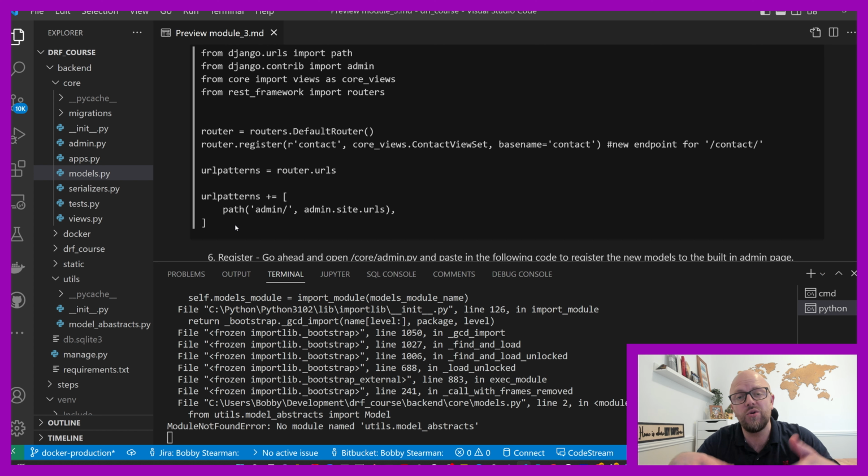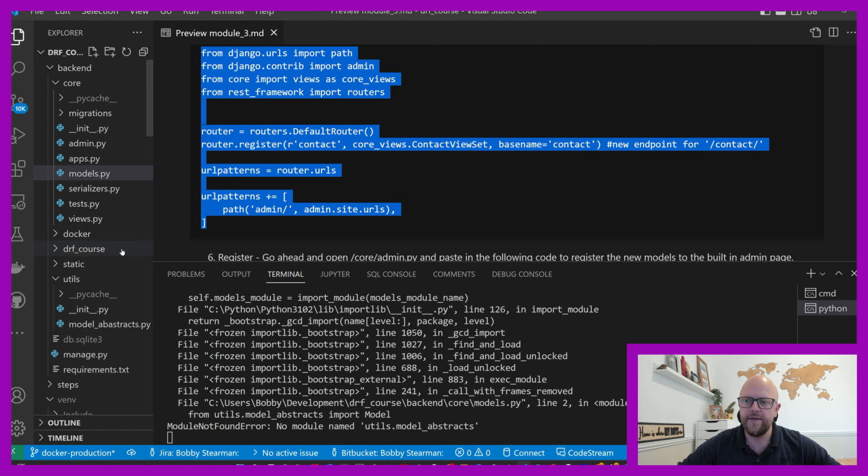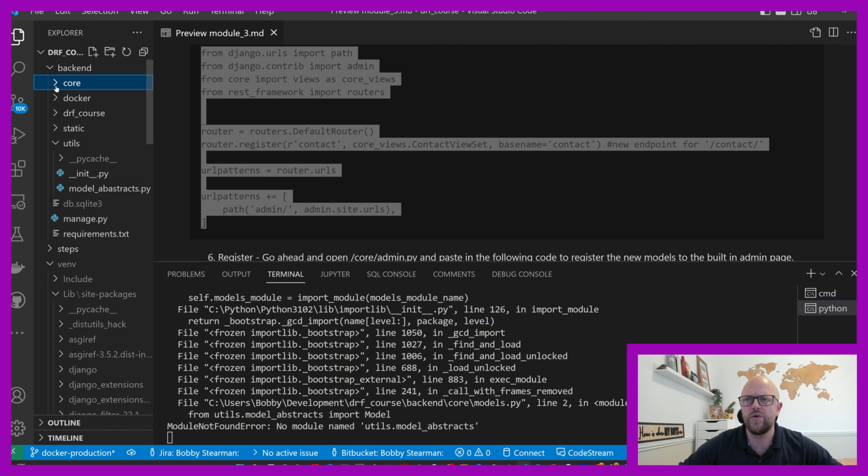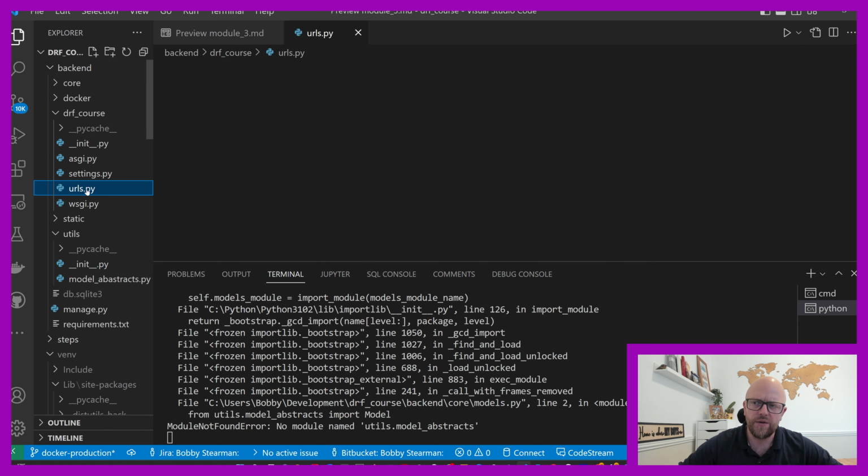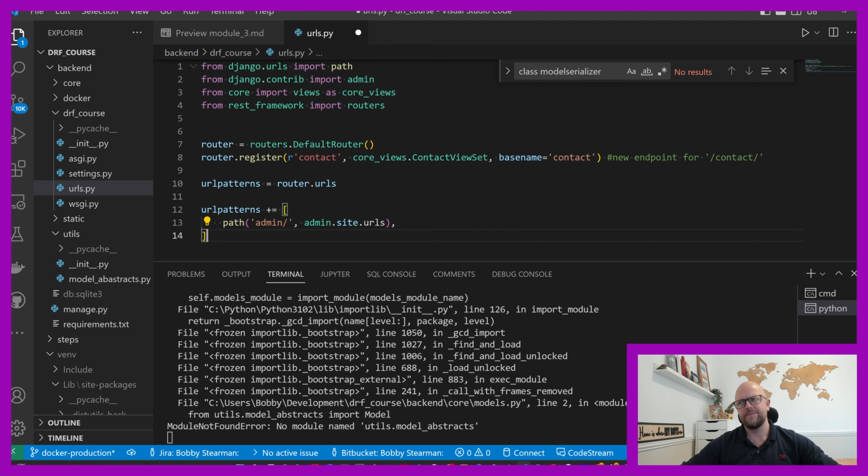So you can register these URLs in the default router to each individual app, which is the right thing to do. However, I haven't done it in this. Or you can just register them all in the URL conf, which is exactly what I've done here. So copy, go back into core, no, DRF course, go to URLs, and we're replacing this. The difference is we're importing the core views, and then we're registering